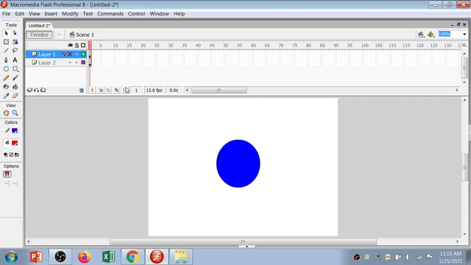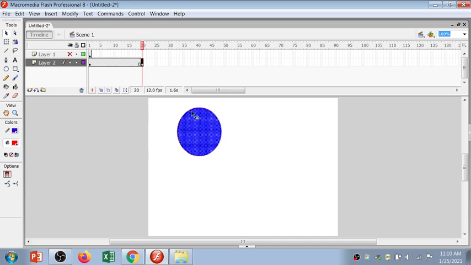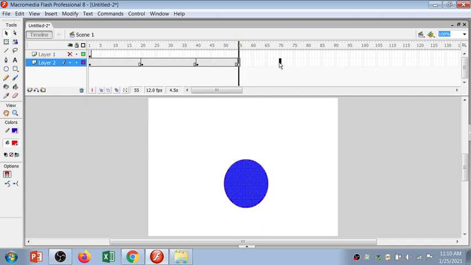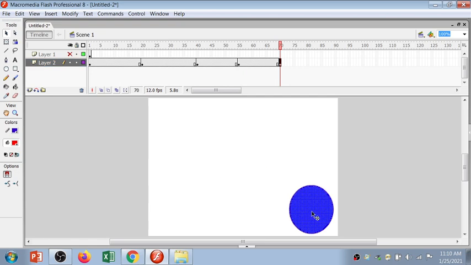So what you can do is add frames, and let's say you move the position like this. F6, the object moves here, and F6, the object moves here.